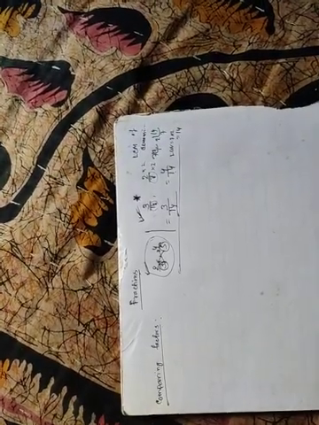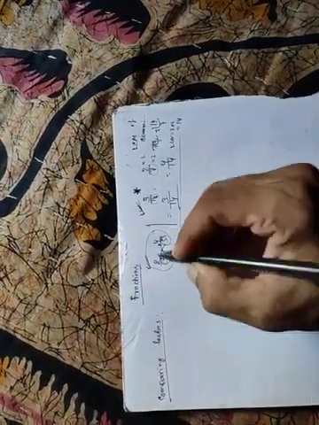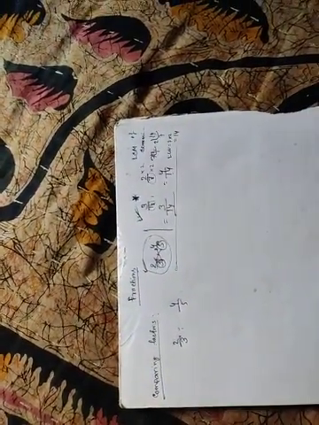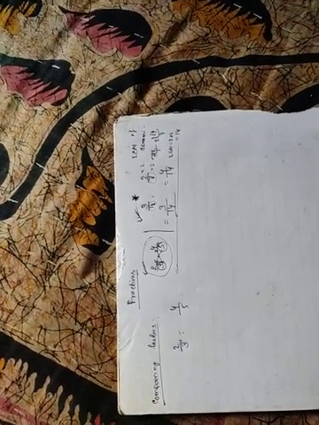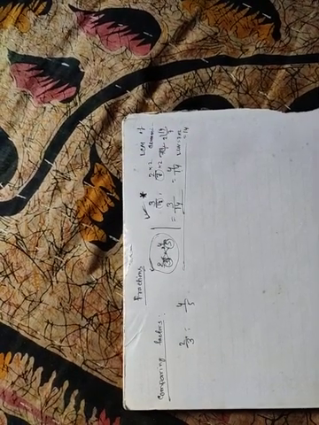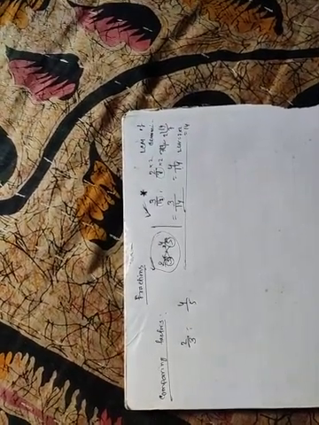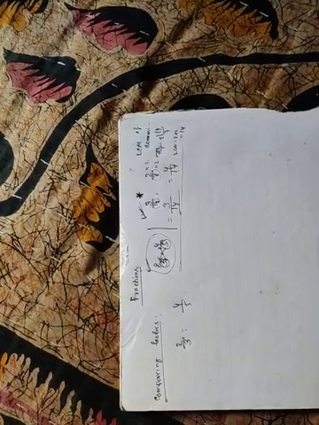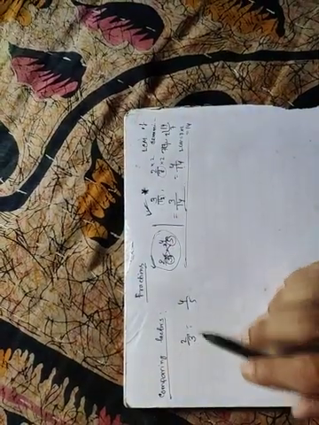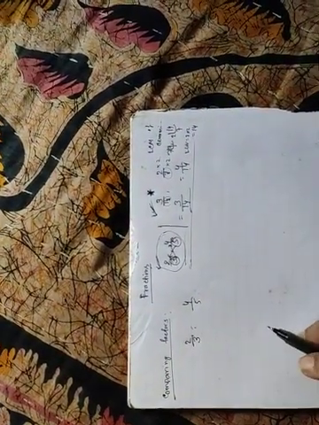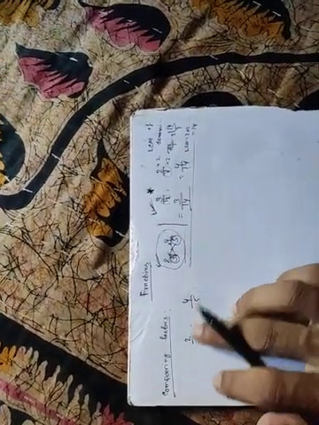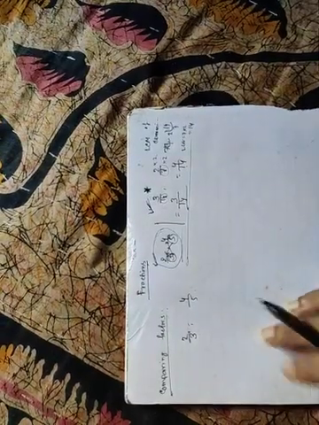So to compare the fractions, suppose we have 2 upon 3 and 4 upon 5. To compare the fractions, first you have to convert the fractions into like fractions. So how can we convert the fractions into like fractions? As you are given two fractions, you can use this method, or you can also use the other method, but this method is easier, so I am using this process.